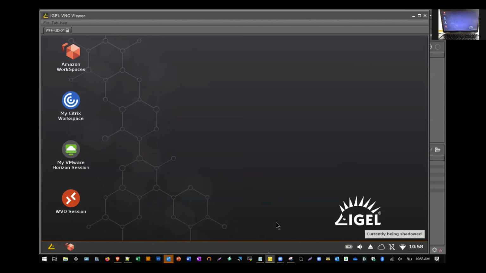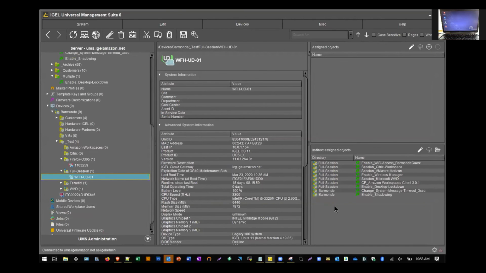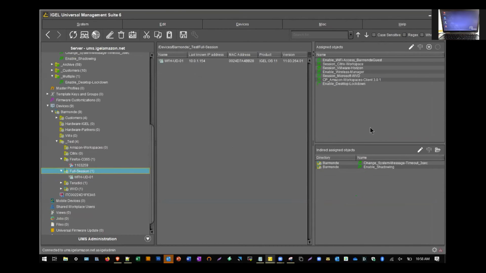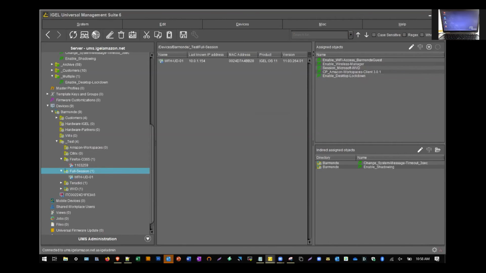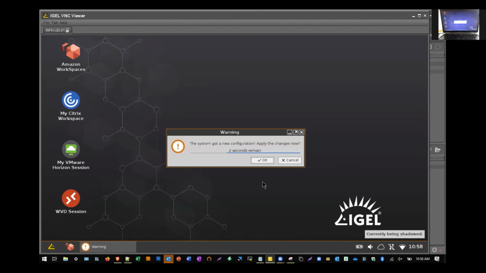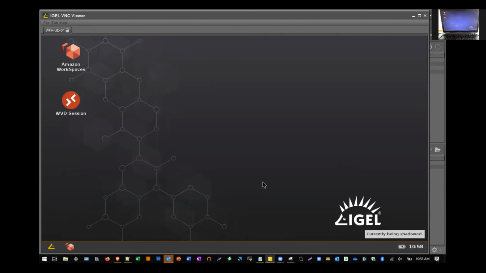And then again, going back to the UMS, right? Removing things that maybe you don't need from this, when you're sure that you've dialed in exactly what your remote people need to do. So I can get rid of things that I don't need and quickly go back to my environment and see those actually happen in real time, where maybe I just want cloud workspaces now. So you can see those are both available. Yeah, again, I think in a secure manner.